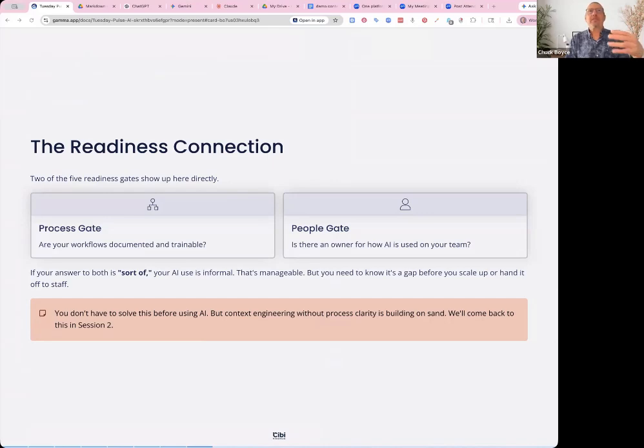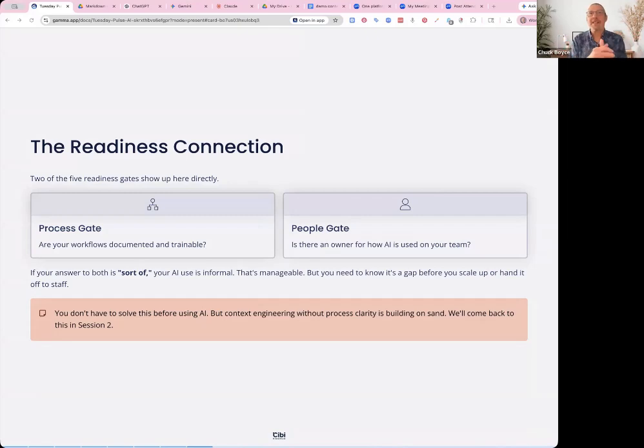Is your customer intake consistent? Is it written down? If it's not written down and everybody in your organization can't do the same step repeatedly, it cannot be automated. Again, using Sarah and Sam as examples, if Sarah in accounting says, here's how I deal with customers, and Sam in operations says, here's how I deal with customers, they're probably going to be completely different. And so if you can document step by step, you can automate it with AI.